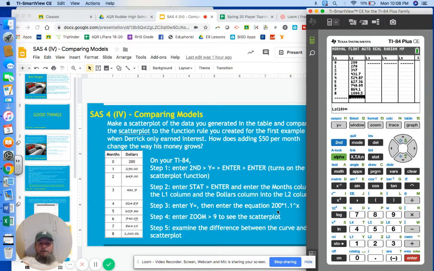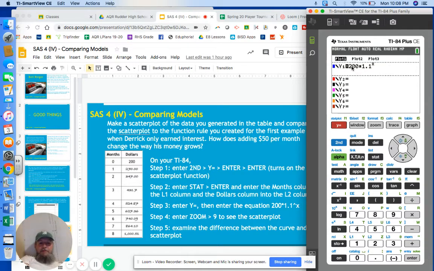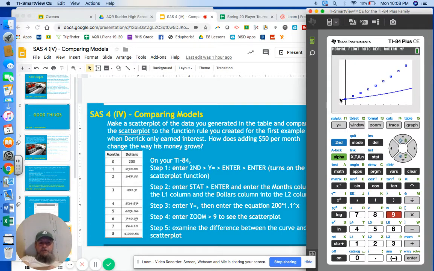y equals, and we'll put the equation in there for our initial one. So let's look at what that looks like. Y equals, and I already have it in there, 200 times 1.1 raised to the x power. And then we're going to hit zoom on the number 9, which is zoom stat. What that means is it's going to zoom the picture of all the information you've put in, the data values put in the stat edits. So 9, and as you can see, that y equals 200